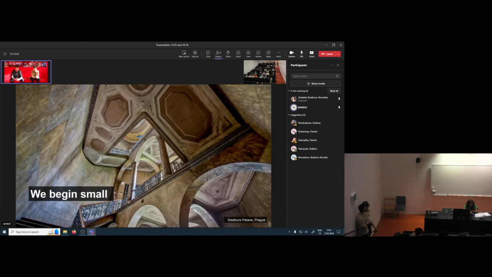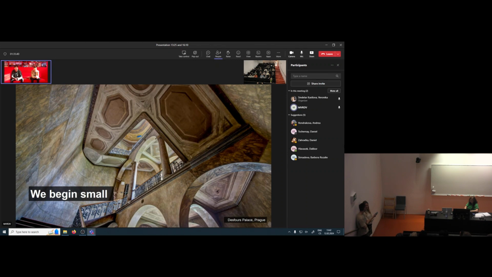We will begin small. We'll kick off the studio with a 4-day workshop at the Defur Palace in Prague, trying to understand the role of the city museum. So how can a city provide a space that can inform people or an audience about how it works, about where it's headed, and so on. We're interested in this from the perspective of tourists, but also, maybe more importantly, from the perspective of citizens and people who occupy and shape the city. So a museum as a platform.